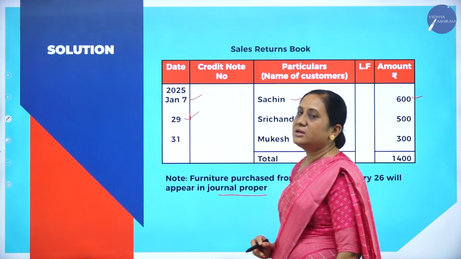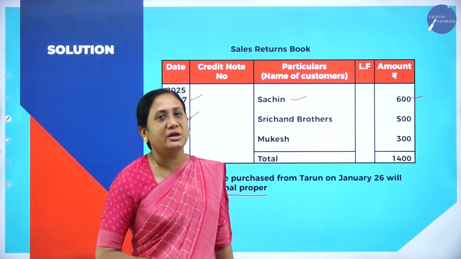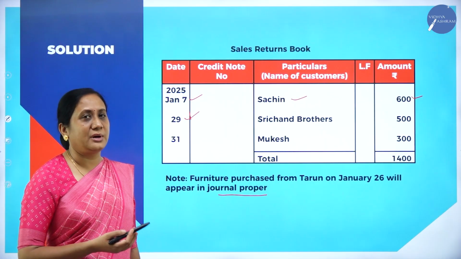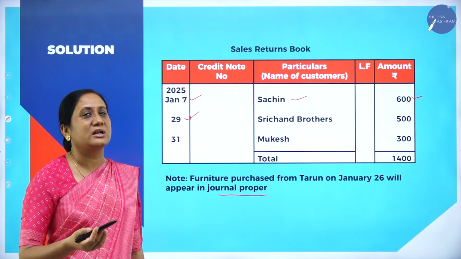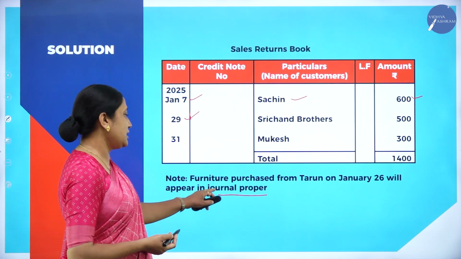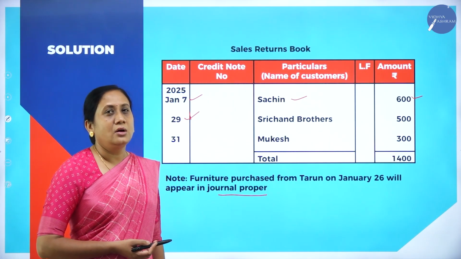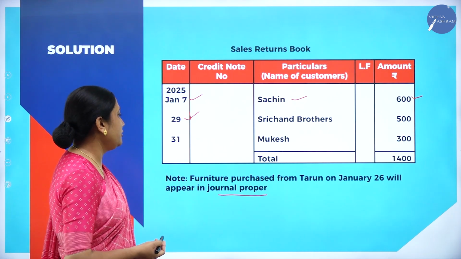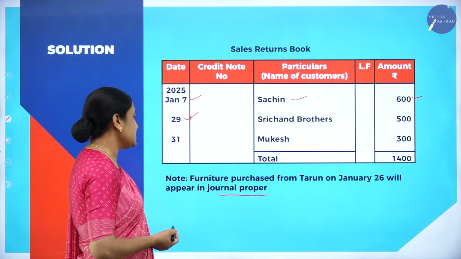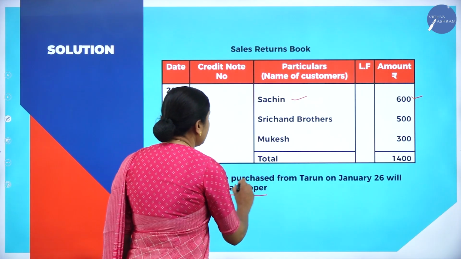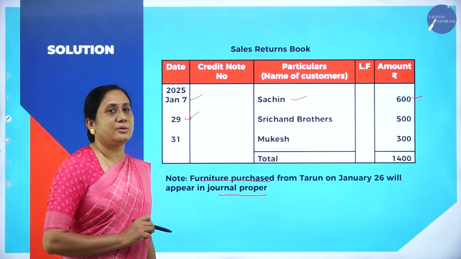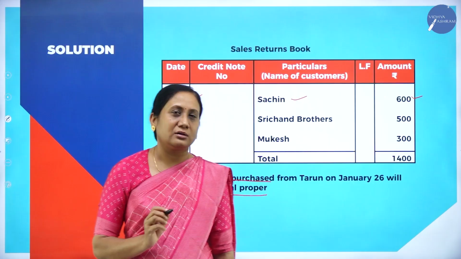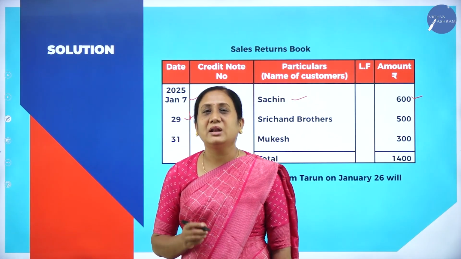What is journal proper? Journal proper is also one of the subsidiary books, in which we enter what we cannot enter in any of the other subsidiary books like purchases book, purchases returns book, sales book and sales returns book. Entries like opening entries, closing entries, rectifying entries, depreciation entries will be written in journal proper. Now furniture purchased will not be recorded in any of the subsidiary books, and we have to transfer it to journal proper, but we will not record this into journal proper now.